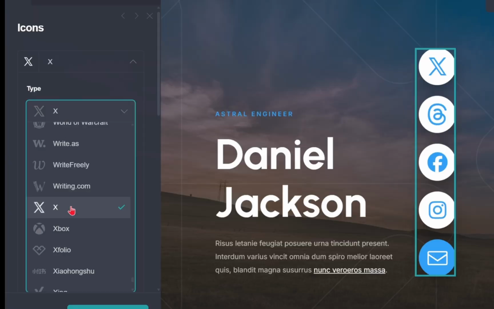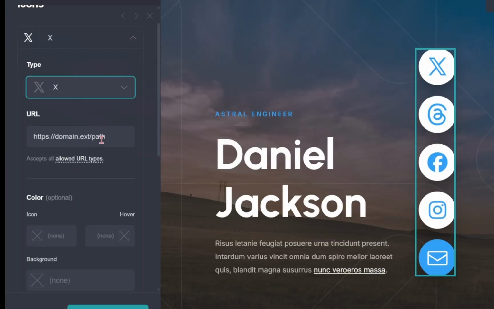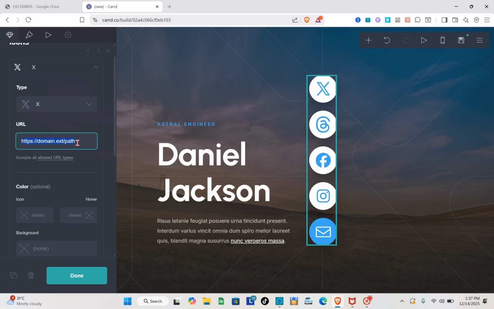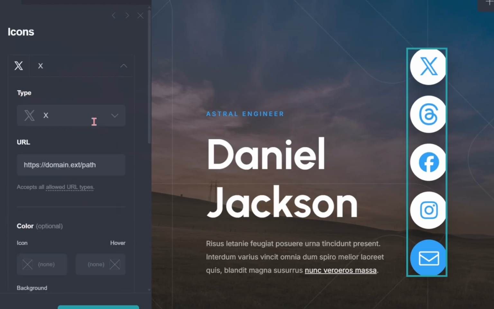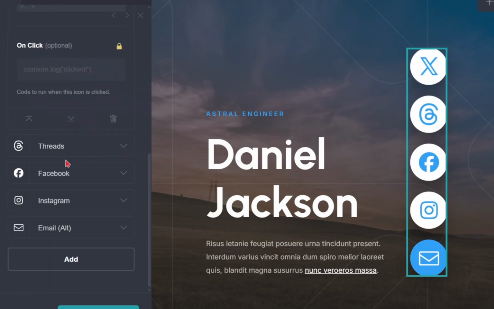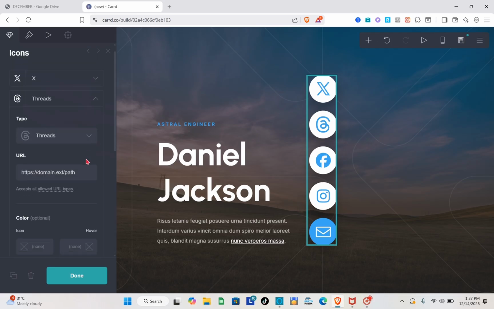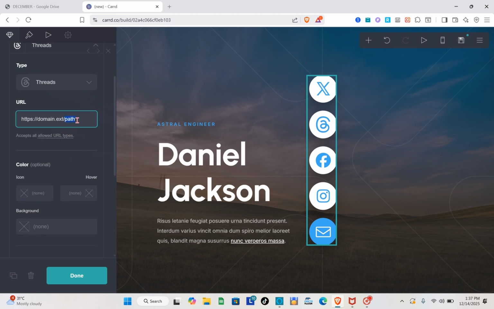Okay, so I'm just going to select X for this one. And then of course, your social link. So your Twitter account link, you have to paste it right here. So when someone taps on this icon, they will be directed to your account. Okay, so I can also change the background and the other info as well. Okay, and then for example, for a Fed's account, if you have, then you just have to add here the